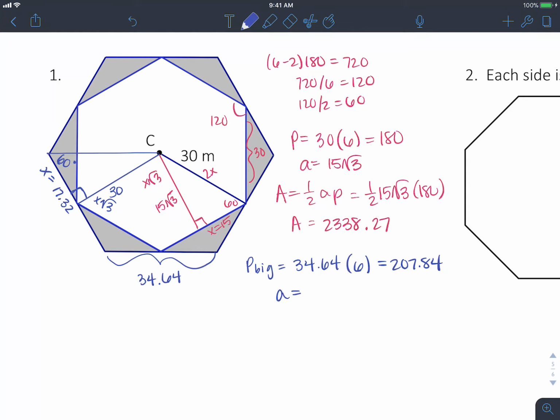The apothem of our big shape is 30. So we're going to have 1/2 apothem times perimeter. So 1/2 times 30 times 207.84. The area of our big one comes out to be